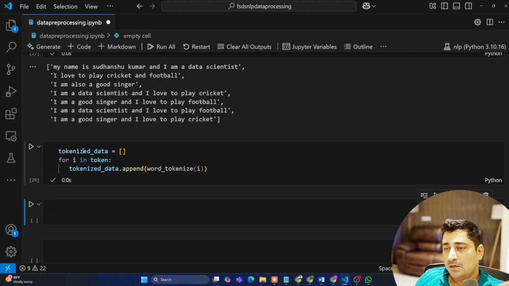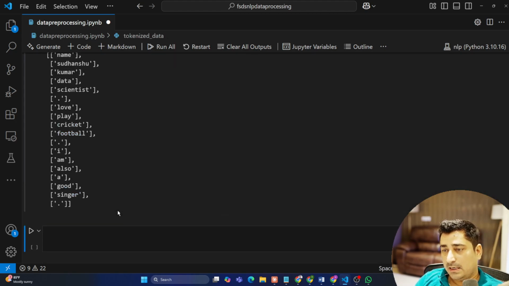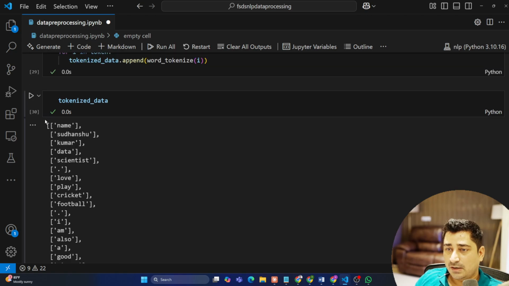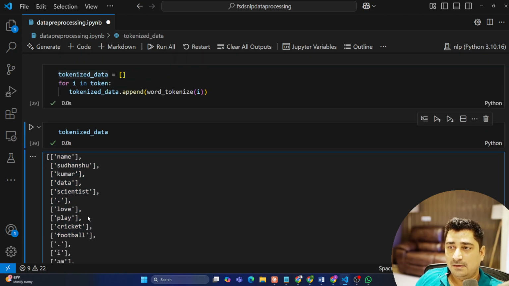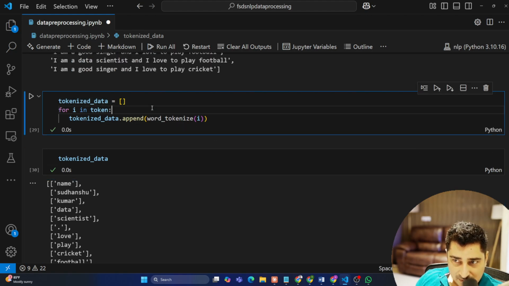So here I will be able to get a tokenized data, as you can see. Now once I'm able to get this entire tokenized data, names Dhanshu Kumar, data scientist, everything,